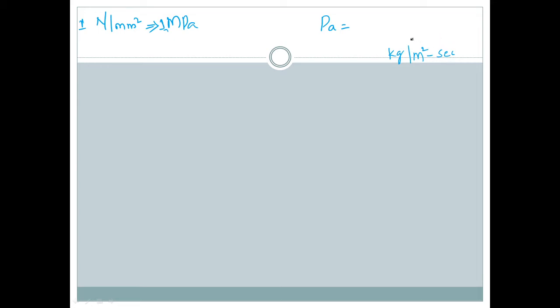Whether the answer is right or wrong, you don't speak up beforehand. Okay, so 1 Pascal equal to 1 Newton per meter square. So now let us substitute here. So how are we going to get megapascal? Mega means 10 raised to the power of 6 Newton per meter square. So now you need to convert this in terms of Newton per mm square.